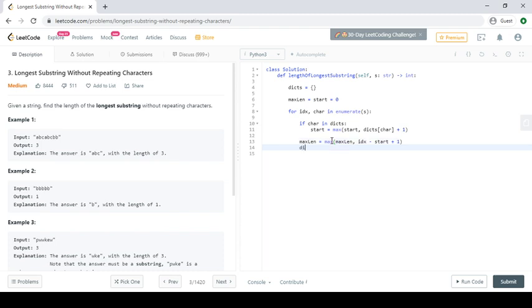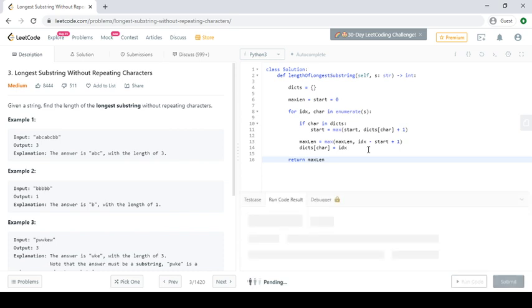And we'll update the value in the dictionary, or add the value in the dictionary, and we'll return the max length.